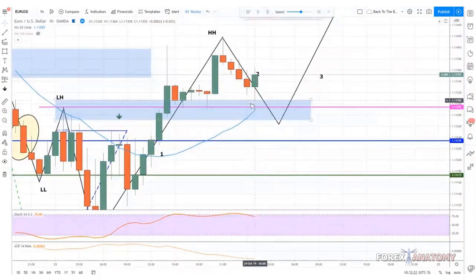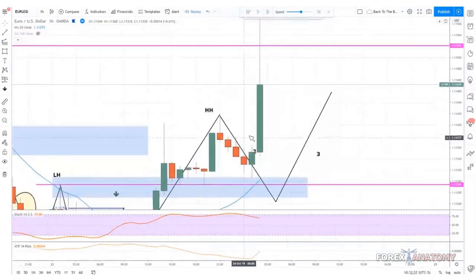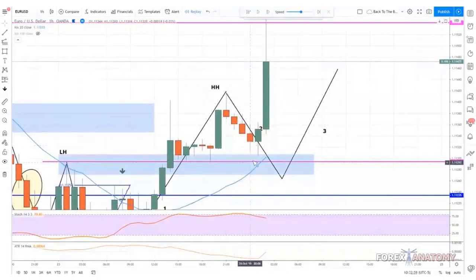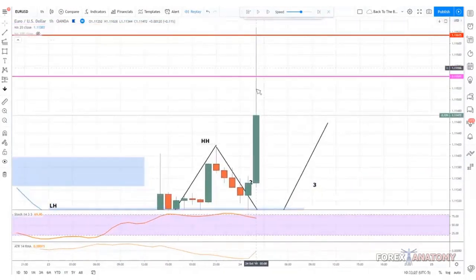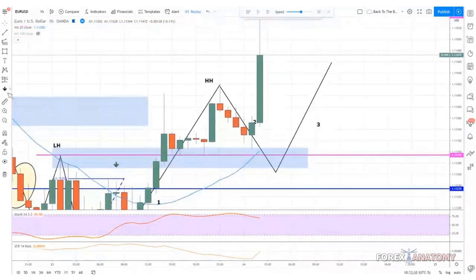So then we see that price touched this zone. Looks like it wants to push higher from there. And as you can see, it did, right? So it pushed back into this zone right here. And then this is where we would have entered our buy, right around here. So price is now going up and we could have made some money on this move to the upside.